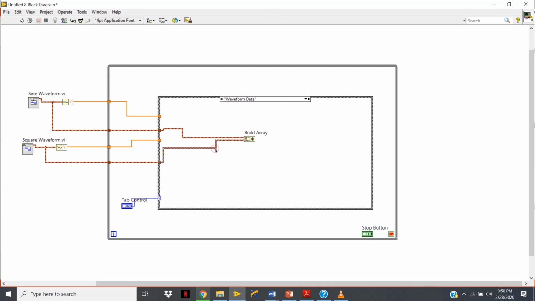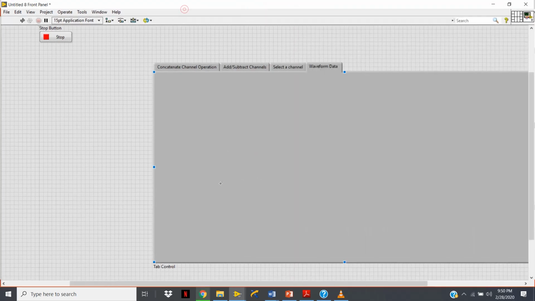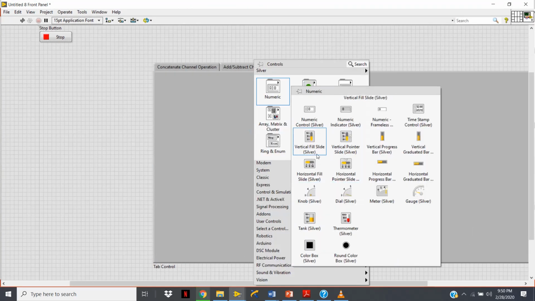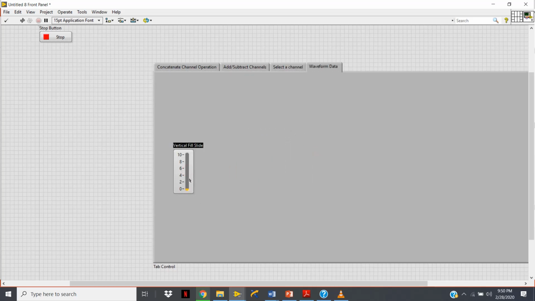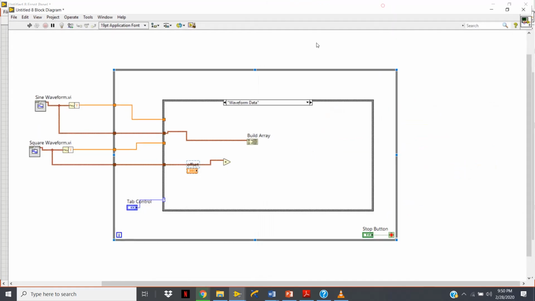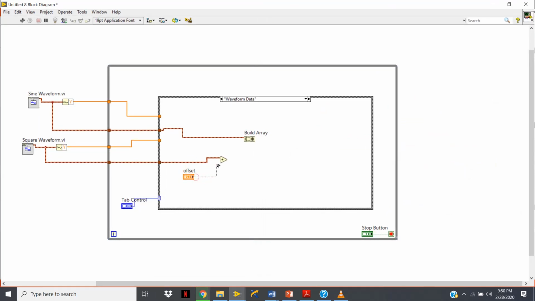Okay, on this square wave perform an operation add offset. Here pick a vertical fill slider, resize it, name it offset, add this offset here. Alright, and then give to build array,